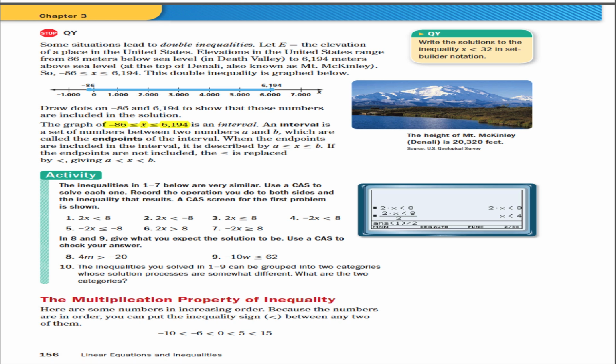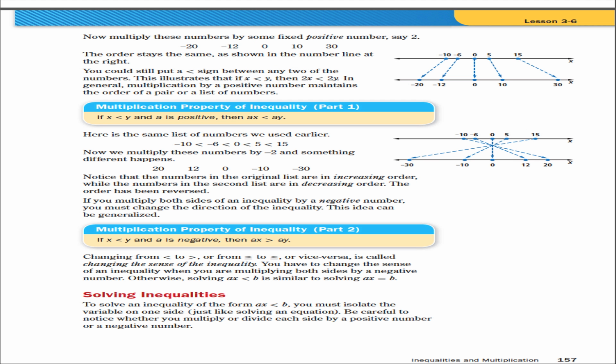There are some properties you really need to know. The first is the multiplication property of inequality. As with the multiplication property of equality, what we do to one side of the equation, we have to do to both sides of the equation. For an inequality, what you do to one side of an inequality, you have to do to both sides of